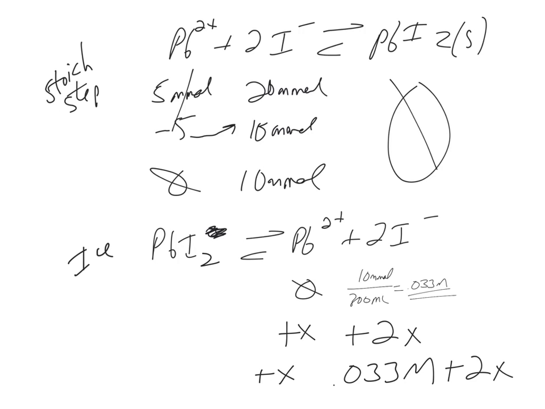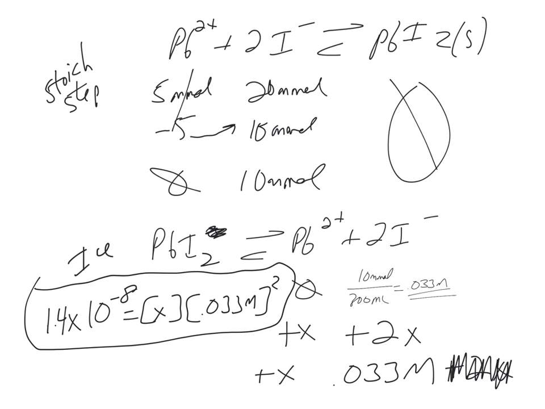Now, you know, of course, that we are able to estimate that x is very small, so we can conveniently get rid of this since that x is small compared to 0.033 molar. And then we can set up our expression here in the circle, remembering the square, of course. And here's the 0.033 and the original x from down here, my original K, and in the end, you're going to have your x,